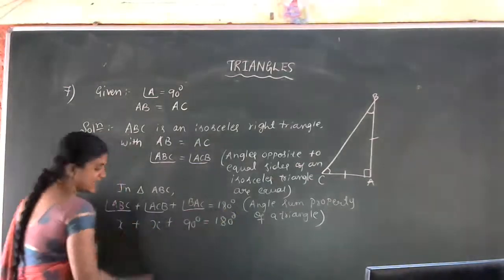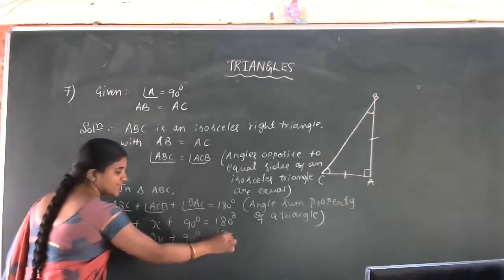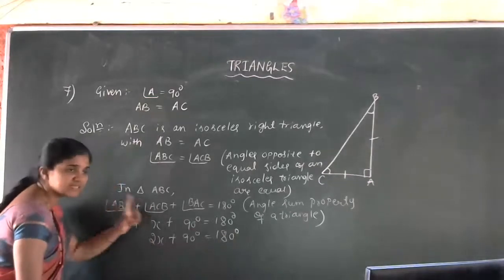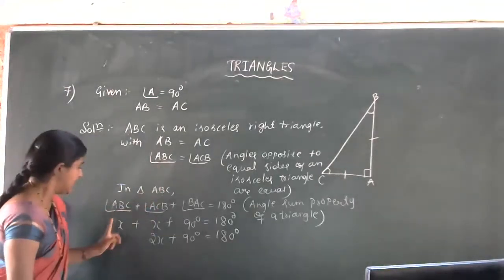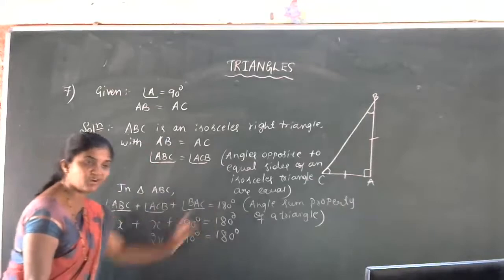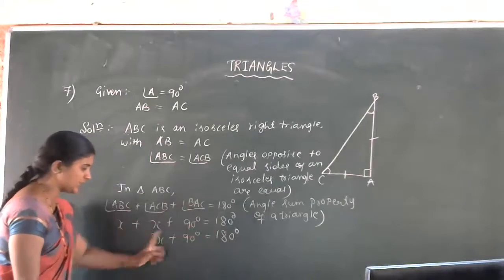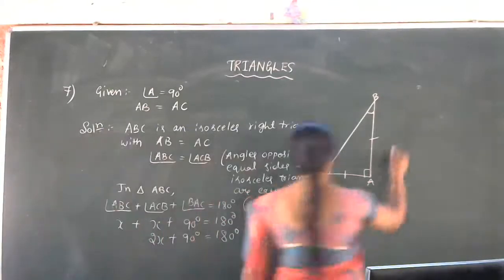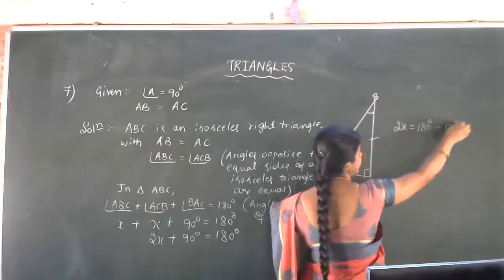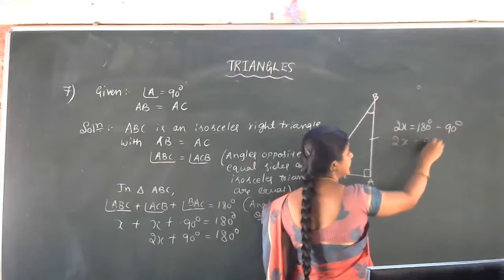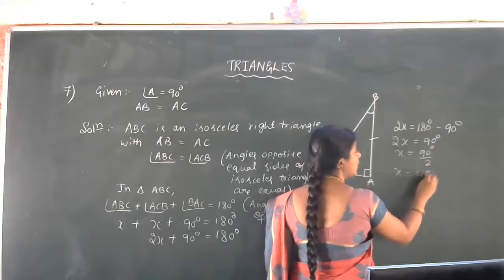All the three angles are equal to 60 degrees, we have to show. Okay, so then proof. How to prove this one? Actually, here we have to use that angles opposite to equal sides of an isosceles triangle are equal. We all know that in an equilateral triangle all the angles are also equal. If we distribute the angles equally, then 180 is divided into three parts, that is 60, 60, 60. But for that, first we know that in triangle ABC, AB is equal to AC. First we'll take these two sides.